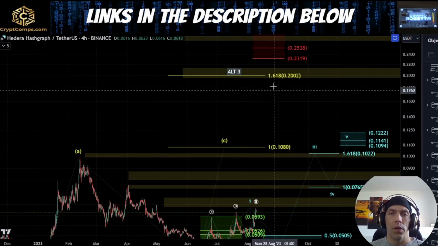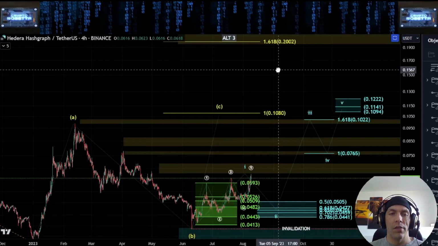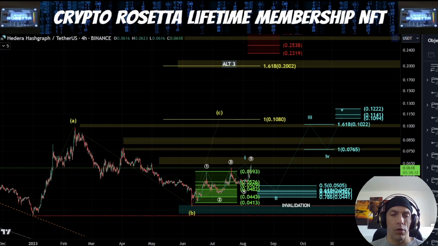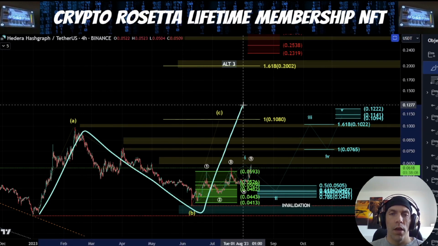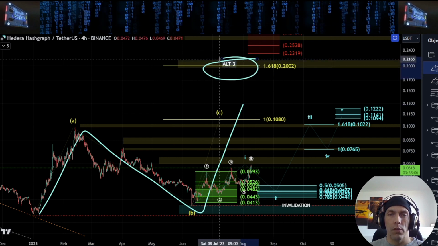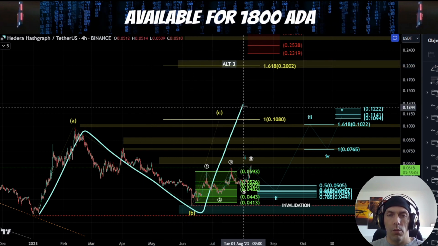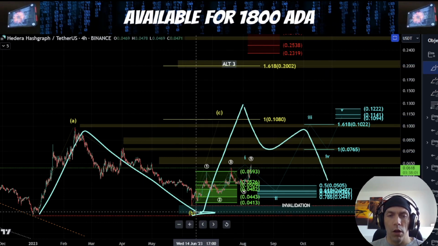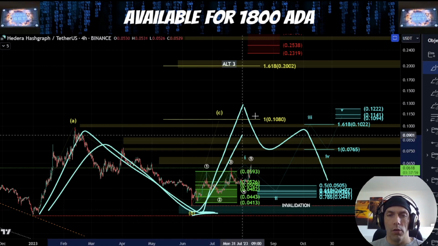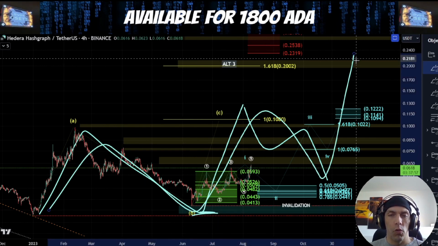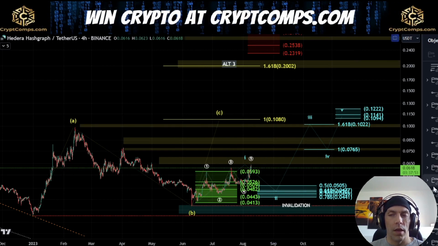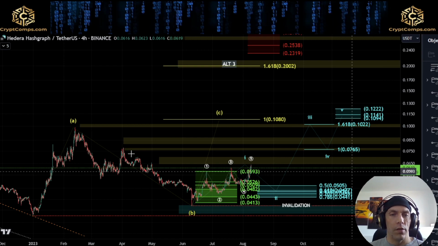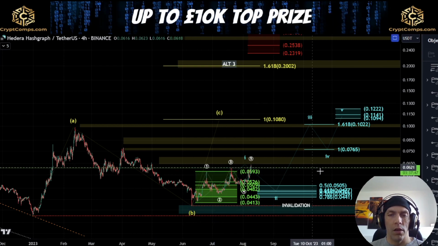unless we actually see a bigger move up here past this 20 cents, we do not have a trending structure. So if we do see this move just push up in 5 waves here, and we fail to achieve this 1618, unless we actually get a retracement back down and hold the low where this becomes 1212, and then we see that third wave starting to play out, then it becomes more probable we're going to see that continuation to the downside. So need to just be aware of this, that this move could look to extend out here, but